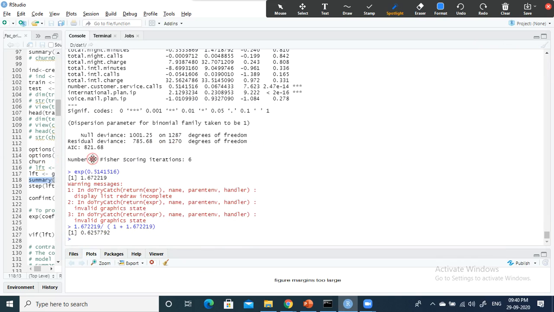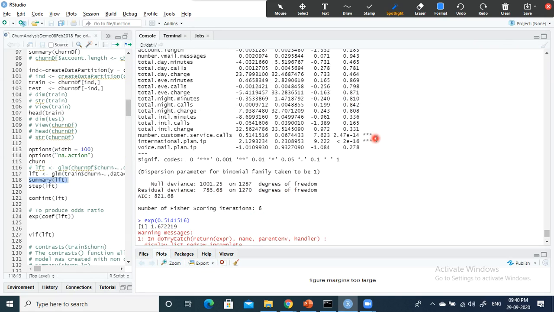Okay, so as per R, only two variables are helpful in predicting my model. If you include this model, obviously you can see the AIC value here. The AIC value will fall drastically. That means the lesser the AIC, the better the model. And you have something called null deviance and residual deviance. Your residual deviance is supposed to be lesser than the null deviance. What is null deviance? If you don't include any independent variables or features in your model, what is the error? After including the features in your model, what is the error? This one is supposed to be less than the null deviance. Most of the time it will be like this only.